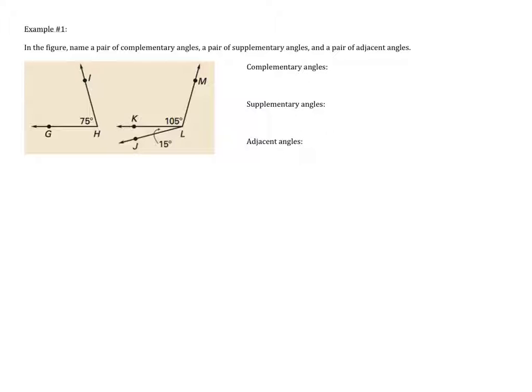So if I wanted to write out the two angle pairs, I would write angle H, because again, I can name that first angle, angle H, since there's only one angle sharing the vertex H. And also angle KLJ, the small 15 degree angle, angle KLJ. Next, we'll do supplementary. I noticed that 75 plus 105 is 180, which is the definition of supplementary angles. So again, I can name that angle H, and then I'll name the 105 degree angle, angle